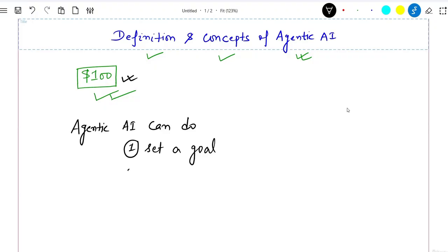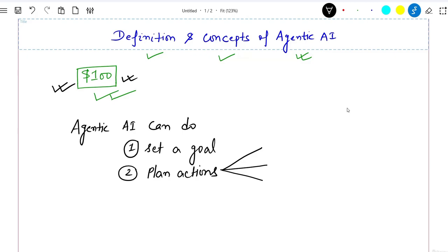Then agentic AI can plan some actions. So what are the actions which can be taken here? Maybe one action can be analyzing some top listed companies in the market. Second action could be looking at the financial situations, for example, repo rate or what's happening in the financial market. The third thing could be looking at the global conditions, and there could be many actions here which can support the decision of where this $100 should be invested.